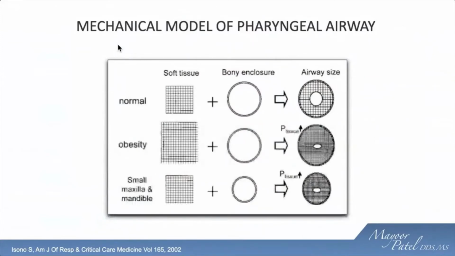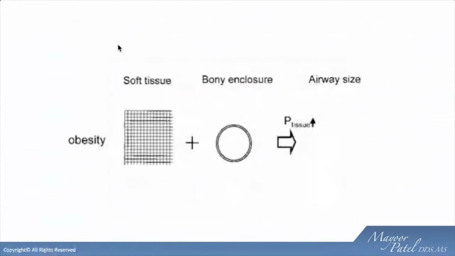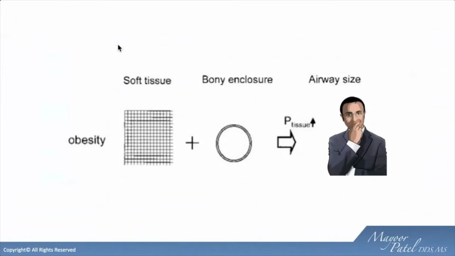But then you have variables where you might have someone that's overweight, and craniofacially was developed appropriately. Now you're going to have a compromised airway. And then the lower one represents a factor where you have someone that's not overweight by any means. However, craniofacially is underdeveloped. You put those two components together, we're going to have a compromised airway. Now, back when Izuno was looking at this, he was primarily looking at it from an adult standpoint. But I want to throw this at you. What about this situation where you have obesity in pediatrics, in children, and craniofacially underdeveloped? You can only imagine what the airway might look like in the pediatric population with these obese kids.